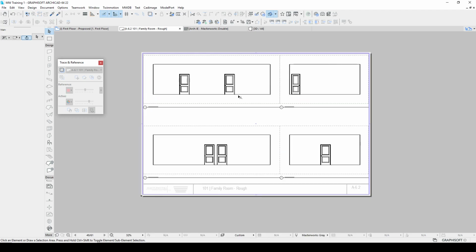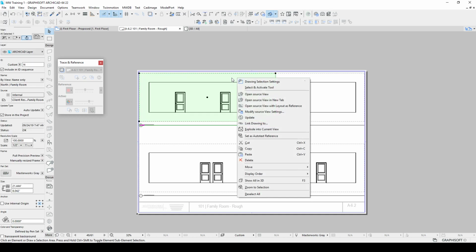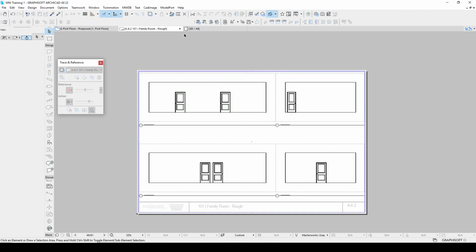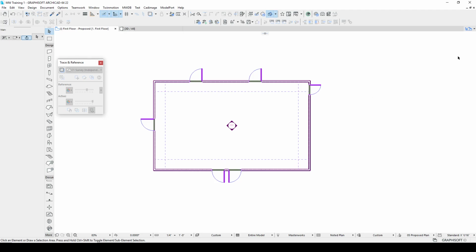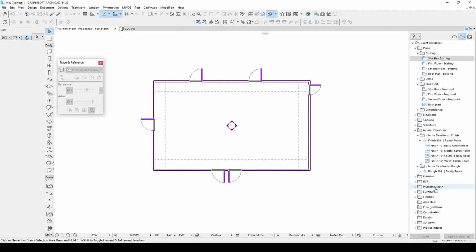Now let's go in and do a little work. We're almost done with this. We've created new layouts. We've created a finish and a rough, but now we need to work on the sheets individually. So let's close the sheet, go back. We don't have to use the organizer now. We can go ahead and use this and we'll just go over to the finish,